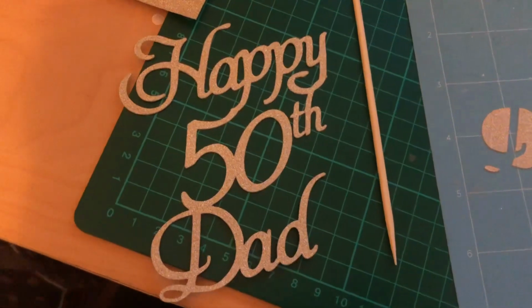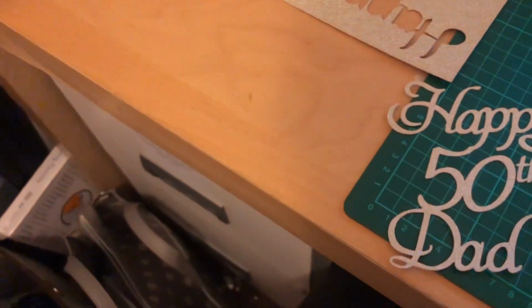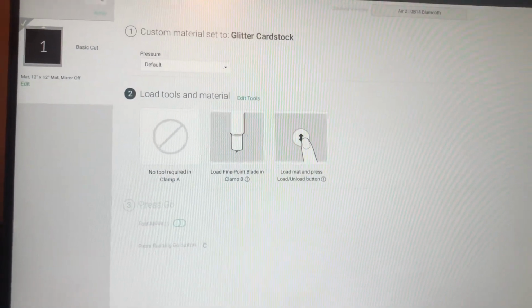So I managed to do it. As you can see, it's all connected rather than all separate. These were the pieces from the other one, like it literally cut them out separately. So what I realised, if I go back somehow,